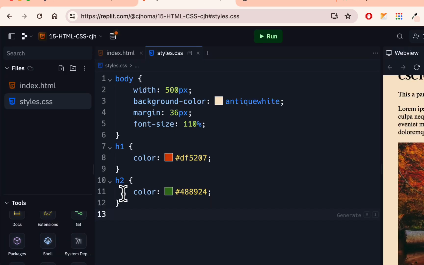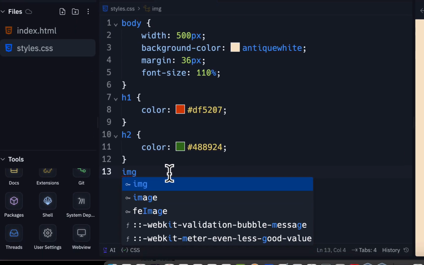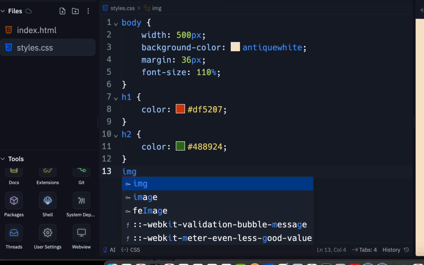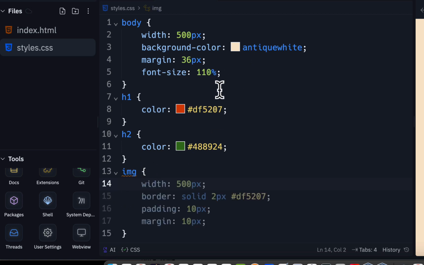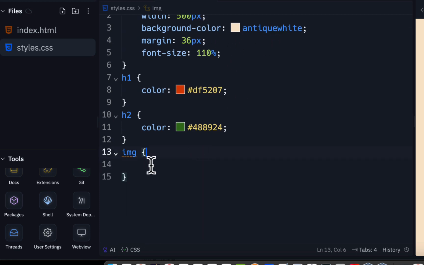So we can do that from CSS. We could target image, IMG. Now, if you had multiple images on a page, you might want to give it a special name. But for now, we only have one image on the page. So I'm just going to target the only image on the page and do curly brace, hit return, 2 curly braces. And remember, all these should have semicolons at the end to separate them from the one after it. So with image, I'm just going to go in here and put border,